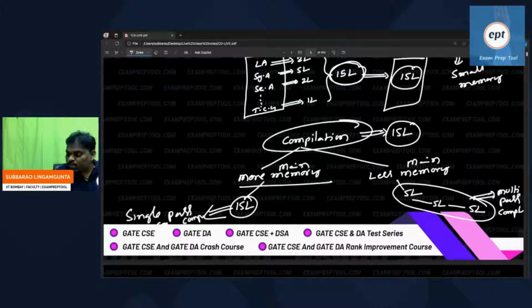Those 15 lakh lines of code are running. That is called a single pass compiler. Suppose I have less main memory. 15 lakh lines of code cannot go to the main memory. First, 5 lakh lines of code will go. It will run, and on that output, the next 5 lakh lines of code, and the next 5 lakh lines of code. Like that it will come. Total compilation if you do in multiple times, multi-pass compiler. Total compilation if you do at a time, single pass compiler.